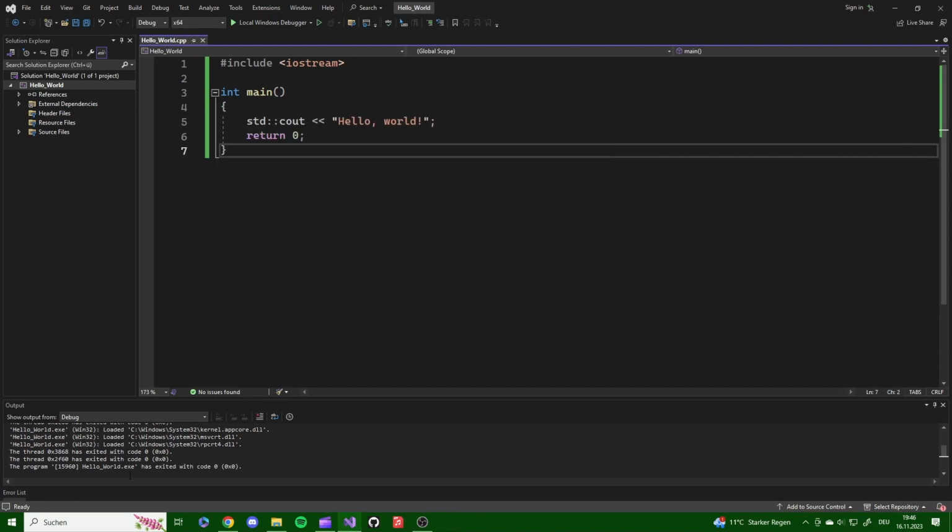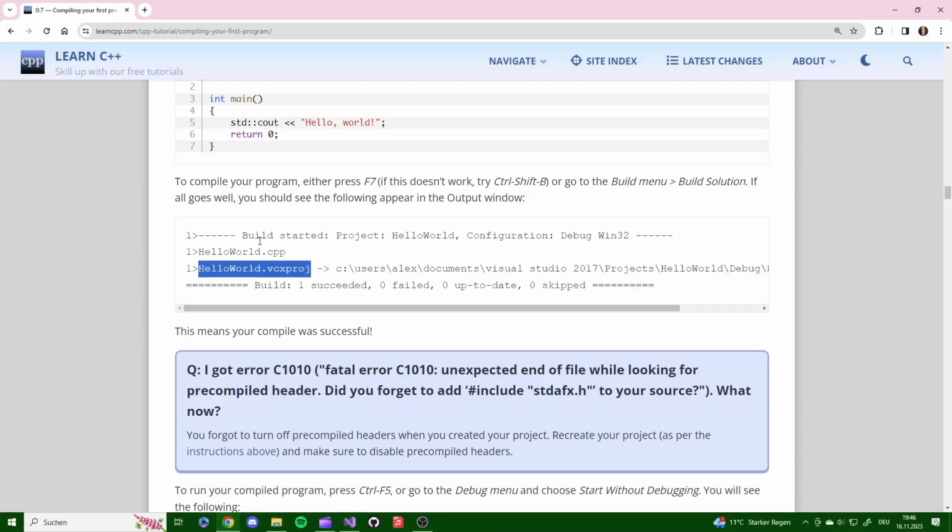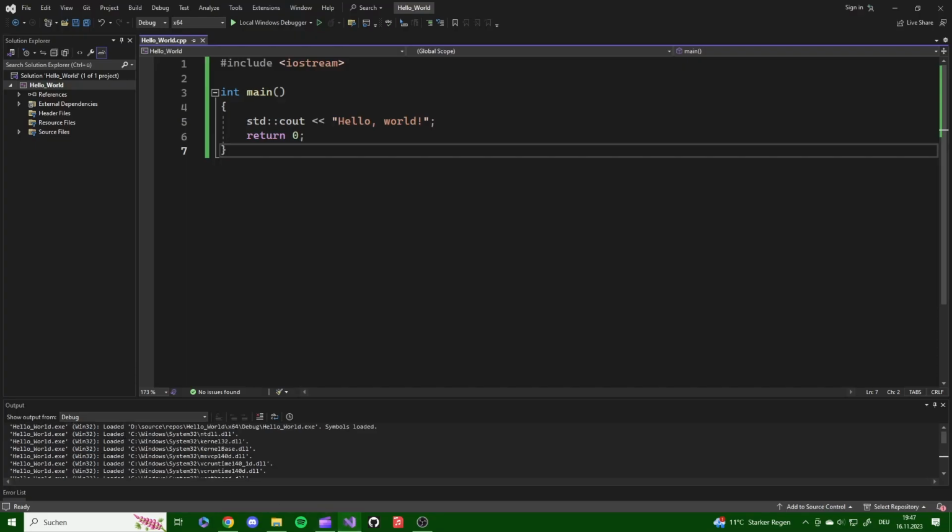No, it does not say the exact same as in our example. It does not say build started, project, Hello World, configuration, debug, Win32, Hello World, CBP. It says something different. It just says loaded, and then from source repos Hello World, and then it goes into